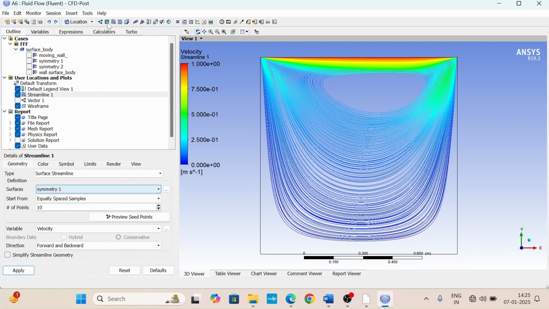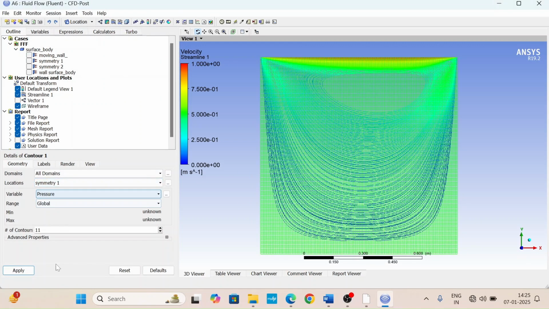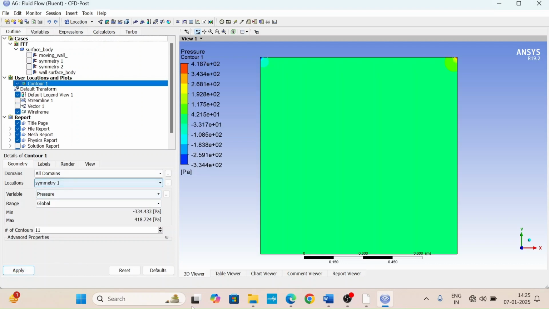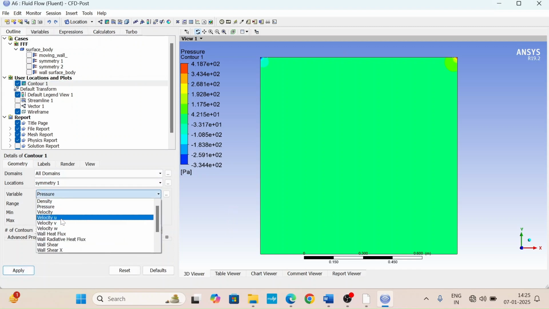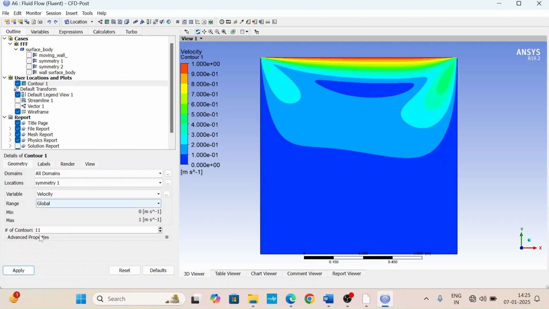You can also take contour, disable this streamline, apply, change it to velocity, change this to 50,